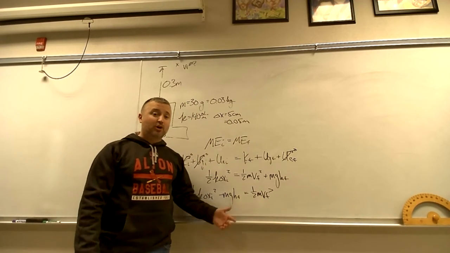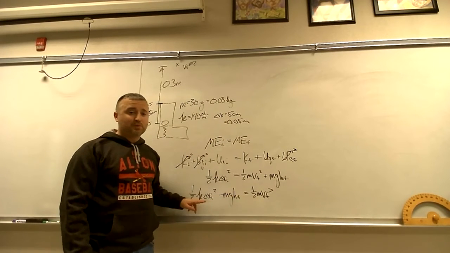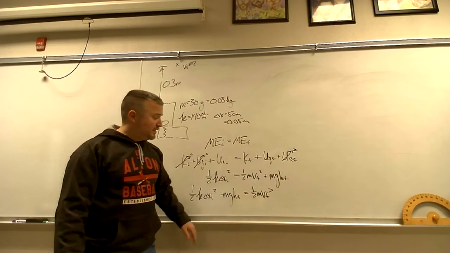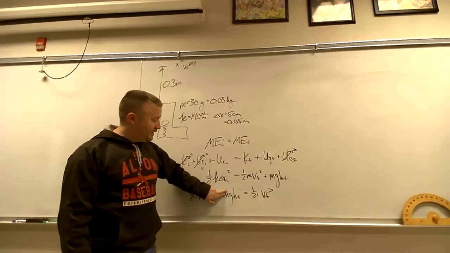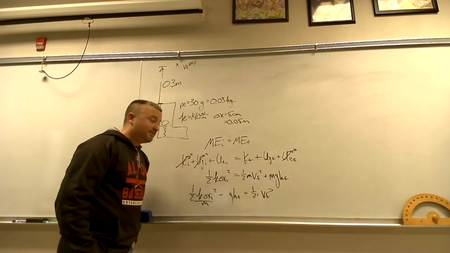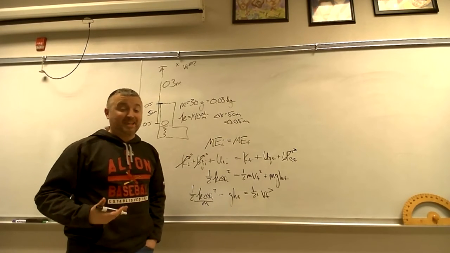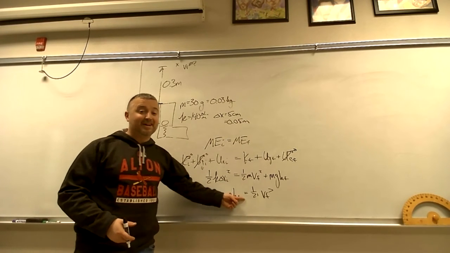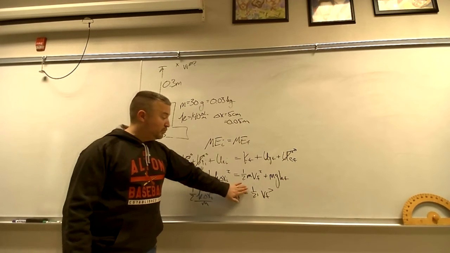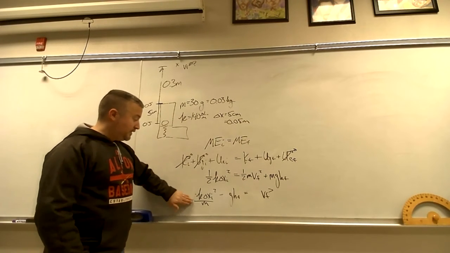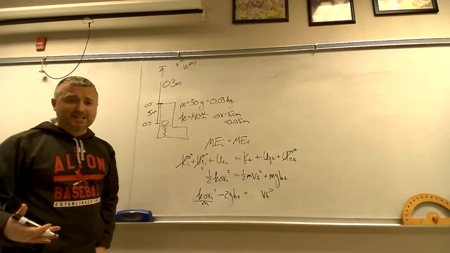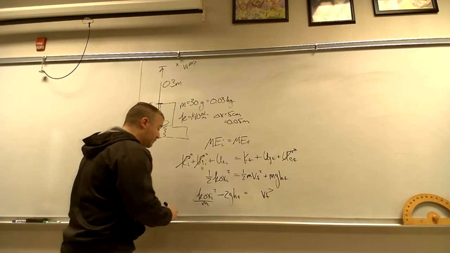Talking about canceling stuff. Could I cancel m? No, it's not in every term. It's in this one, it's in this one. It's not in this one. That being said, it can actually still simplify things. So let's divide that by mass to make that go away, and that would divide this term by mass. Same thing with the 1/2 actually. Can the 1/2 cancel? No, it's not in every single term, but multiplying by 2 would cancel here, and leave us with just a 2 right there. Actually makes things look a little bit cleaner. Square root both sides